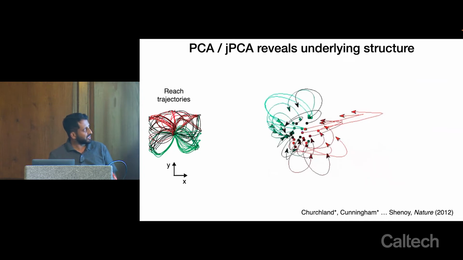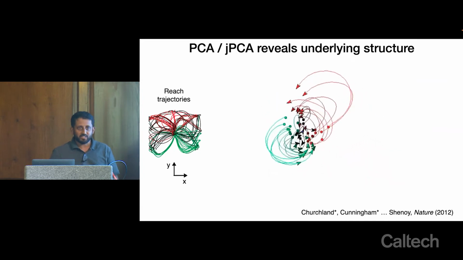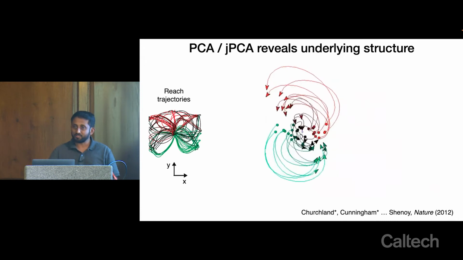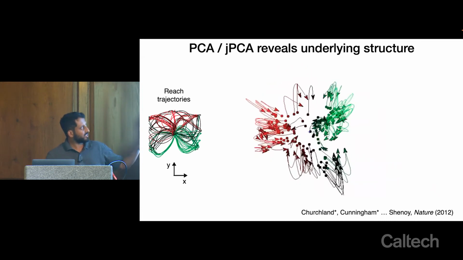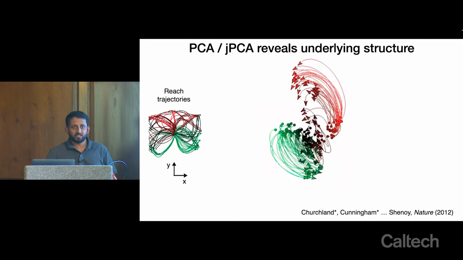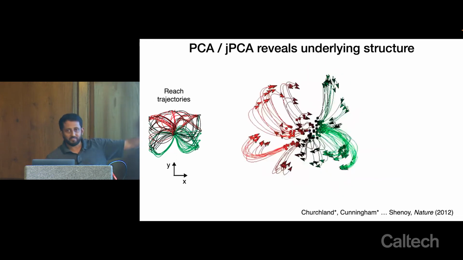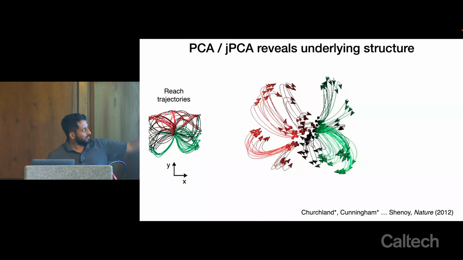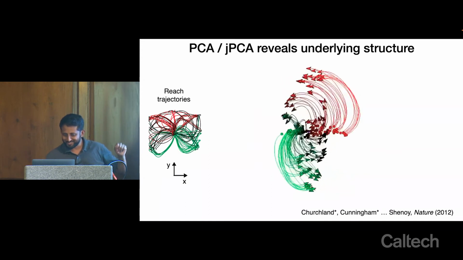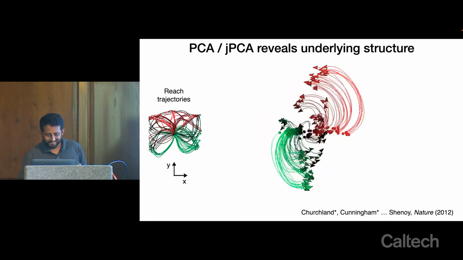But what they found was that they could rotate this activity, look within that 6-dimensional space, and see very clear structures underlying this activity. So you see in the final plot here, if this would ever stop. Sorry, okay, stopped. So in the final plot here, what we're seeing, so the little dots represent